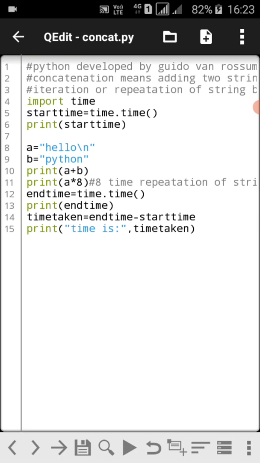You can repeat any string. Then print a plus b, print a star b, and time.time, print total time taken equal to time minus start time. Now click on the play button.